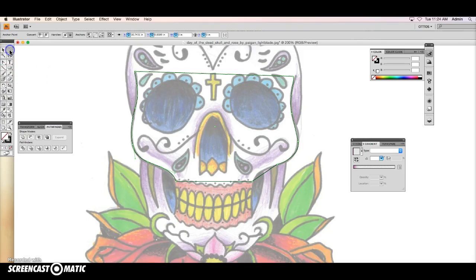That guy's in the wrong spot. There we go. Go back to my convert anchor point. Get my curve on. There we go. Okay, now that I have that going on, I'm going to basically duplicate this layer, because I